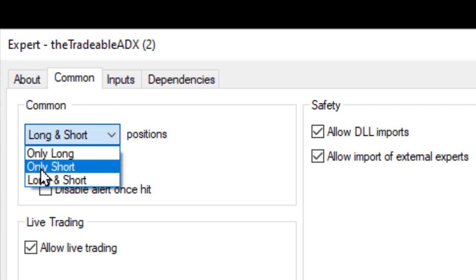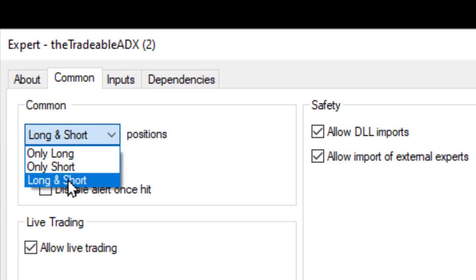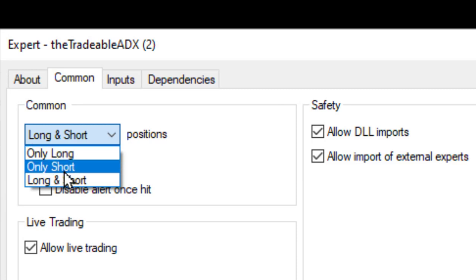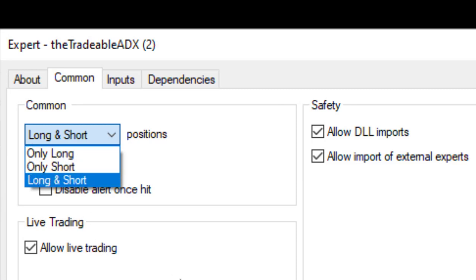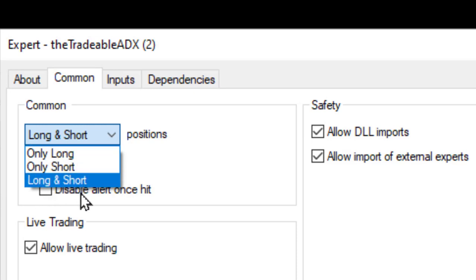trades? Do you only want to trade short trades? Or do you want to allow the EA to trade long and short trades? Long is for buy, short is for sell. So if you want your EA, and this applies to all EAs, this is a common tab that applies to all EAs. If you want your EA to only buy or only sell, or sell and buy at the same